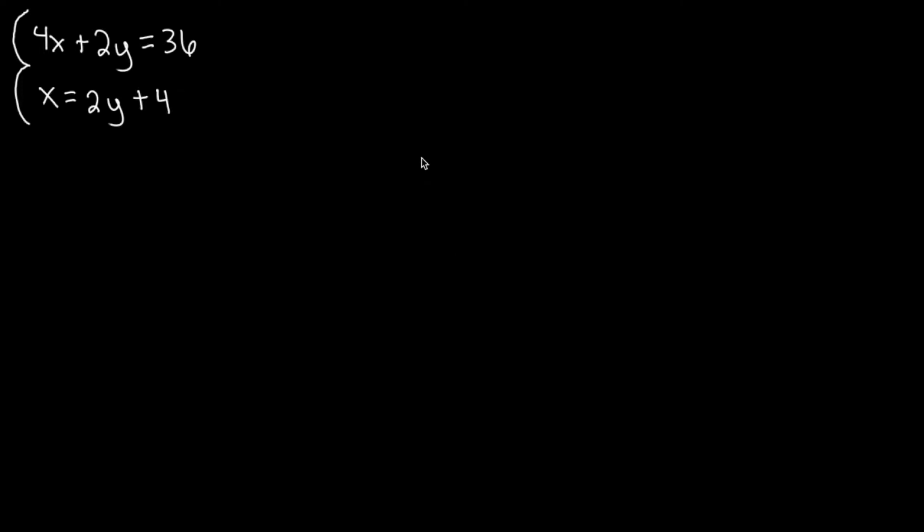Solving systems of linear equations by substitution. So our system of equations is over here, and they've already given us x, so we just need to plug our second equation into our first equation, 4x. So we have 4 multiplied by x, which is what they gave us, 2y plus 4